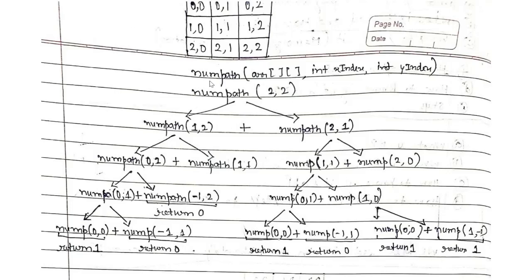So what does this 2 2 in numpath 2 2 signify? This 2 2 signifies the destination to which we want to go in the matrix. This would be the last cell. So suppose we have a matrix of 3 by 3, the destination would be 2 comma 2. If we have a matrix of 4 by 4, then the destination would be 3 comma 3. So instead of sending directly the number of rows and number of columns, we decrement one from both of them and then send them. Why do we decrement one? So that we know the row index and column index of my destination cell.